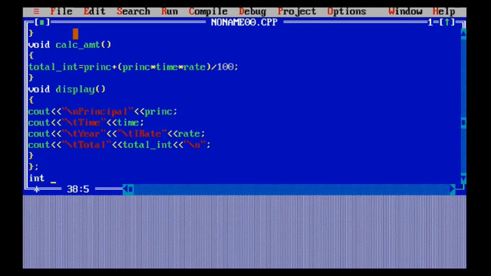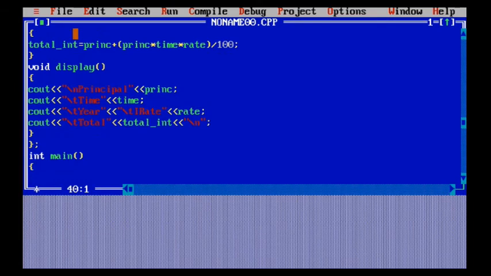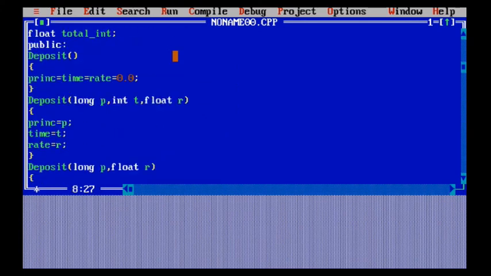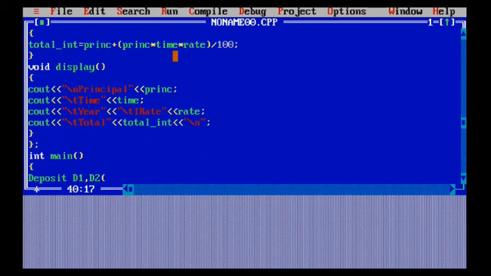Then I'm going to move to the main function. In the main function, as soon as I create an object, the default constructor will be invoked automatically. As we have already learned in the previous video, whenever I create an object, the constructor gets invoked. So I'm going to define some objects here. For D1 I have not given any parameters because it does not involve any parameters, it's the default constructor. Then I have given D2 in which I have involved some parameters. So I'm going to pass the actual parameters, whatever I want to use, into D2.